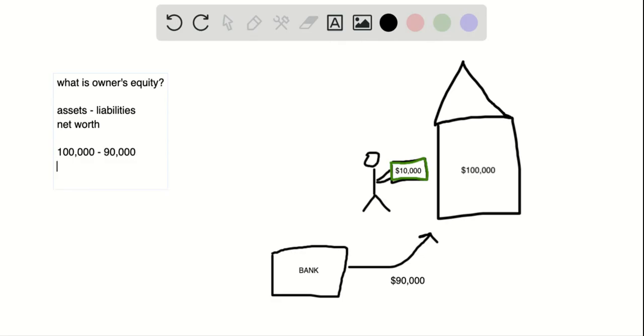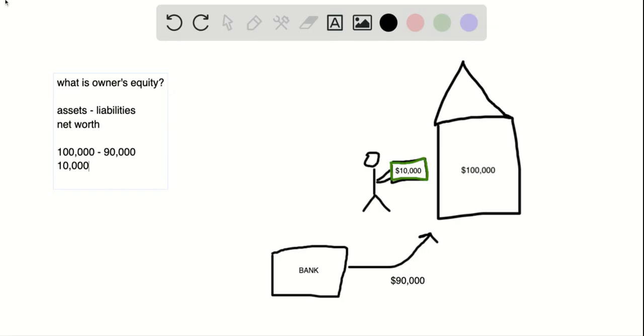So their net worth of this house, their equity in this house, is $10,000. So this is what this house is worth to them. When they first buy it, this is how much of the house that they actually own. It's $10,000. So owner's equity in a business is simply the assets to the owner minus the liabilities,